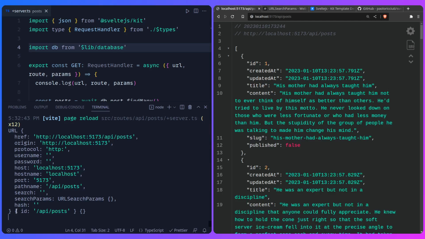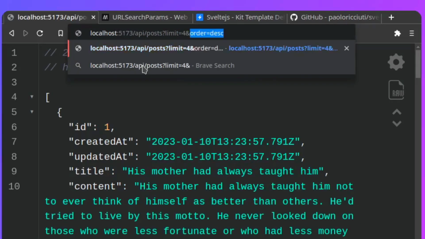Here is the route, which you can get the ID, and your params have other info if you have those. But what I want to do is to improve the existing posts API so I'm able to specify the amount of posts I want and set the order. So I want something like this. I want to go to posts. I want to be able to set a limit, and I also want to be able to set an order